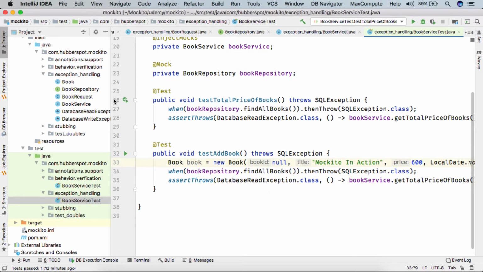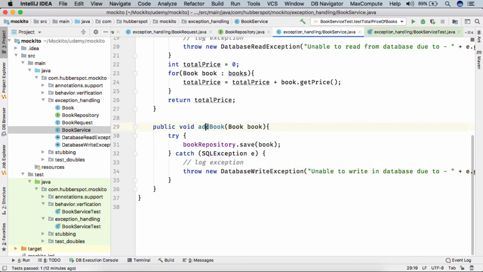If we go to our book service class, we are calling the add book method and providing the book. So we want to test the negative scenario when the save happens. And also here you can see the save is a void method.